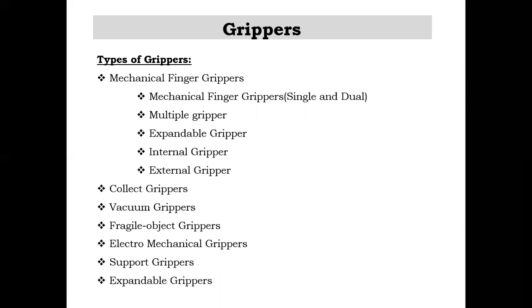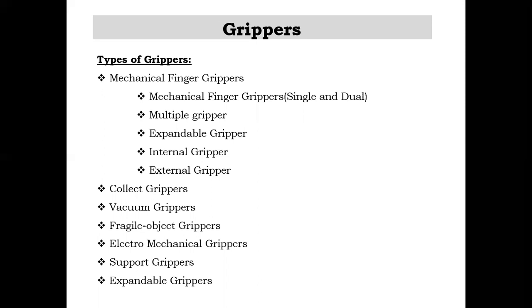Then vacuum grippers. Most of these devices are pick and place devices using suction. For example, if you are handling glass, we can pick and place it with a vacuum gripper. These vacuum pipes are used on different surfaces. N number of vacuum tips are used depending on the surface of the glass or some other material. That is a vacuum gripper, using airflow we can pick up the material.